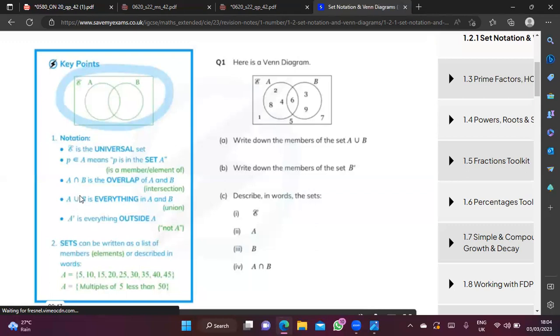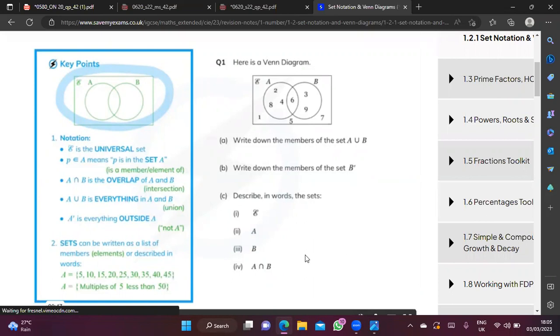This one is union. You got a U here. A union B, meaning everything in A and B. And then we got A dash. A dash meaning everything outside A. Sometimes we call it not A. Okay, not A. And now how to write a set? For a set, we can use this bracket. Whatever your values are, that is what you call a set, yeah? Okay, using the notation,